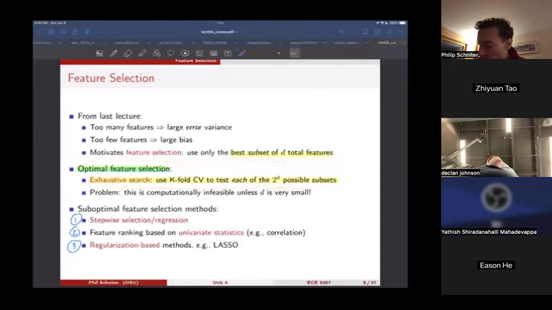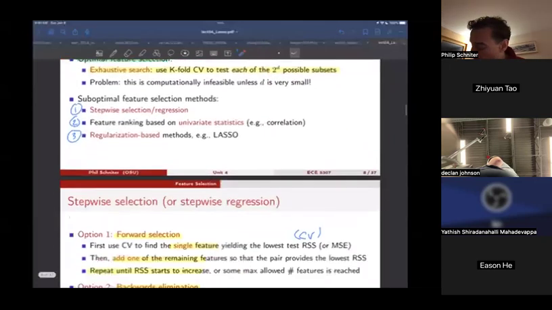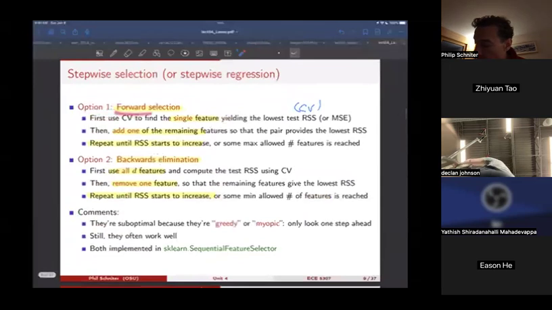Last time we talked about stepwise selection or regression, where you first find the first, let's say, we talked about forward selection. You use the single best feature, figure that out using cross-validation. Then you keep that feature and you use